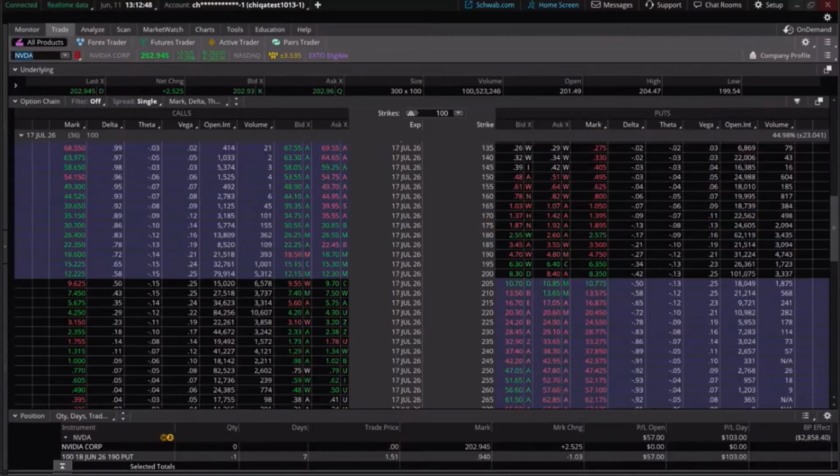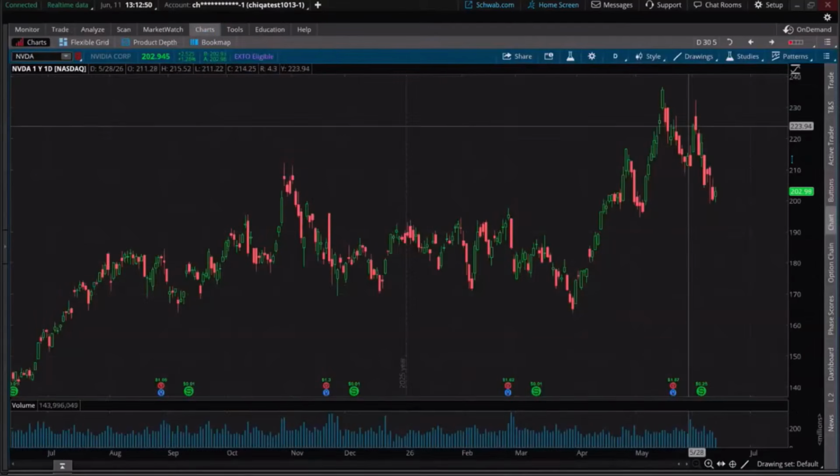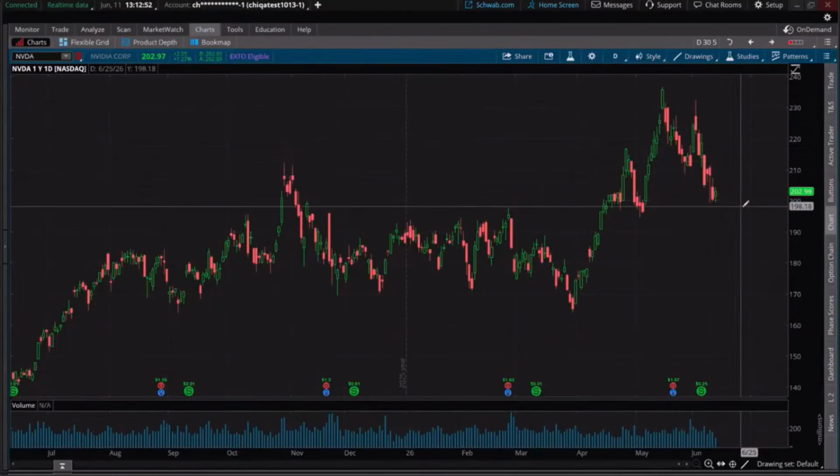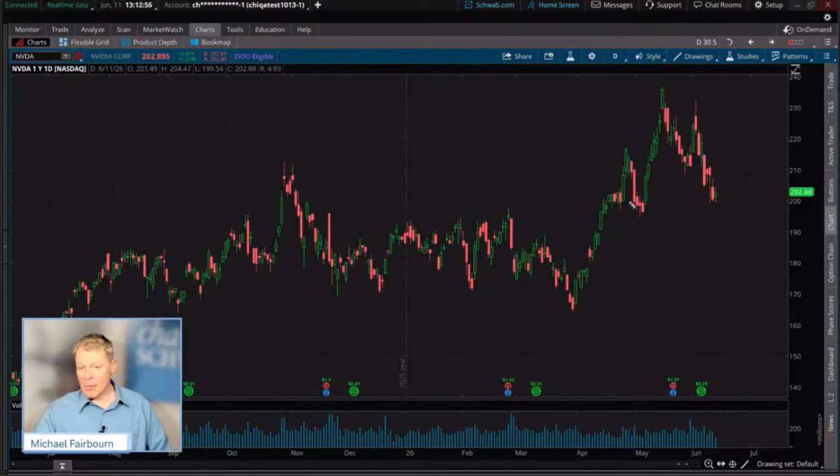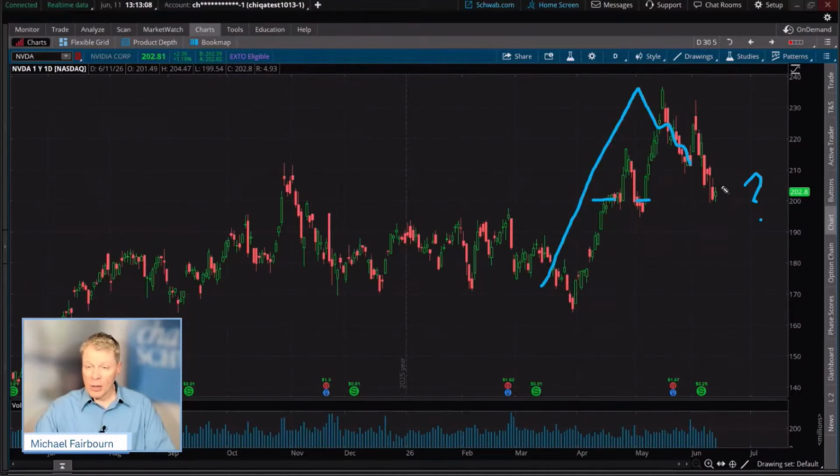So as you look at something like this, even on the chart here, we're all the way down to a big round number around 200. Some traders might say, well, you came down to this level, you kind of paused here before. Will it bounce? Well, that's the big question. We've been thinking there could be a bounce in some of these tech stocks for a little bit, but it was a big run. But if it comes down here and maybe you're looking for a hold, a close above the high, the low day, whatever the case is.